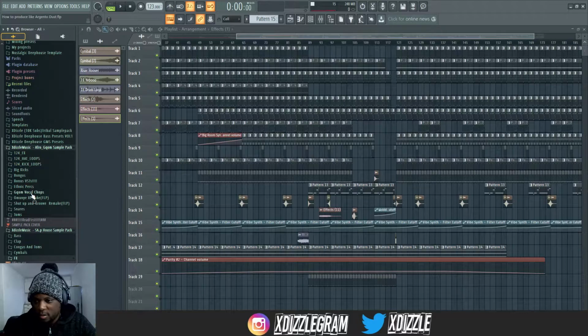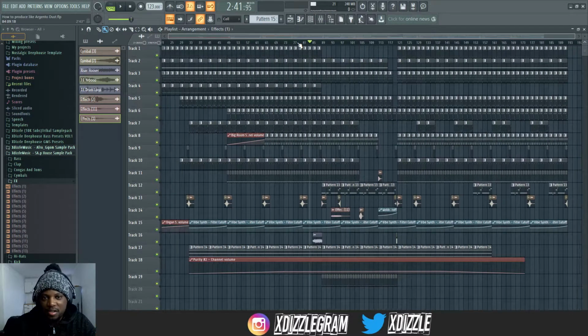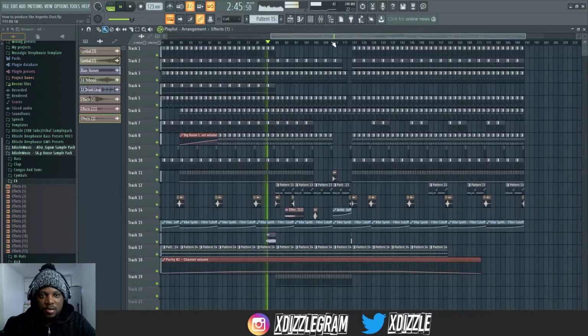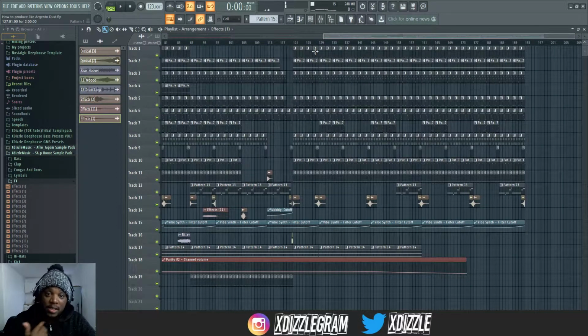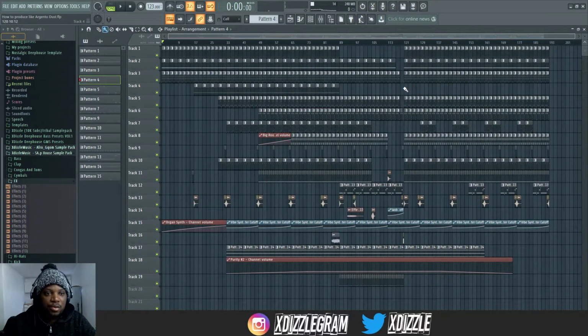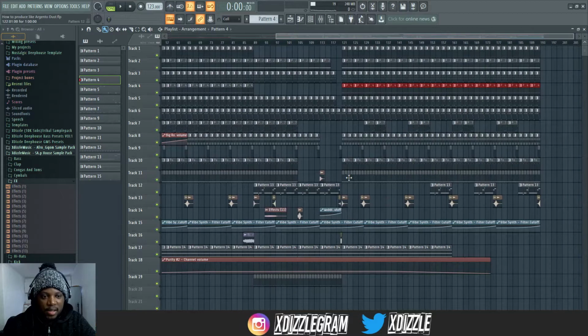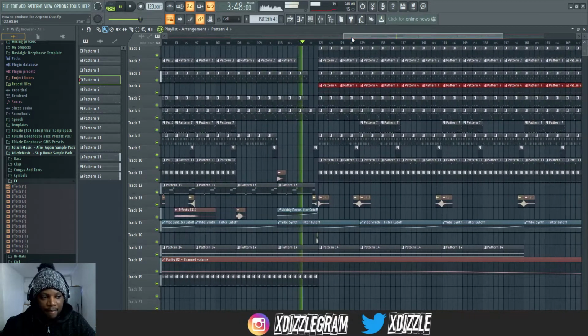But you get the point, though. You can add any sounds that you want over here. Maybe if it's a texture like the wind or whatever, then you can add them there. But let's just move on to the last part of this. So we're now kind of deconstructing the track into the outro, because this is where the DJ gets to mix the track out. So after it dips like that,